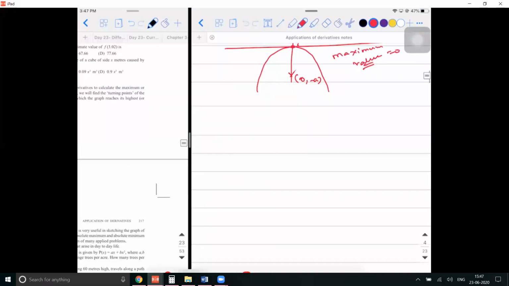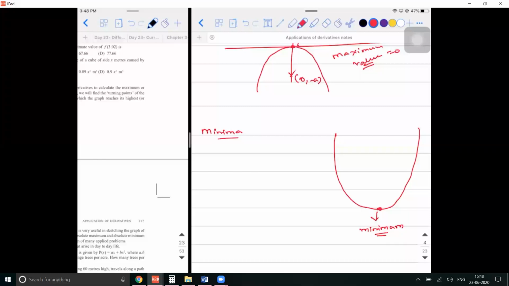Now, I'll ask you some basic questions. So you saw a curve like this. When a curve is like this, you're saying that this is the point of minimum. Minimum, it is a singular, right? So if I take this as the point, generally this point is called a stationary point. Technically speaking, they will call it a stationary point. Why it is so, I'll explain it later.